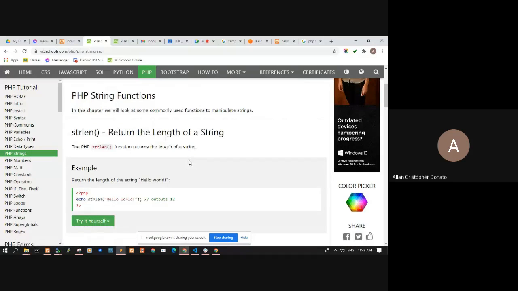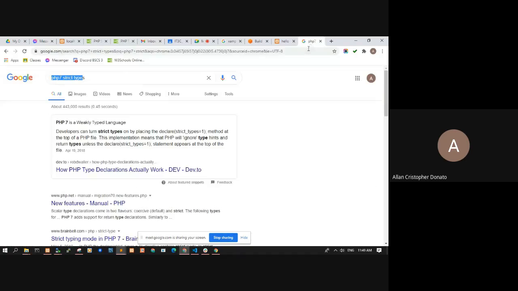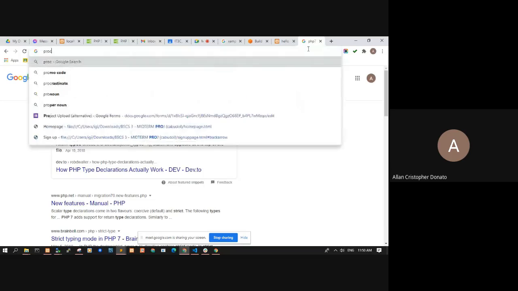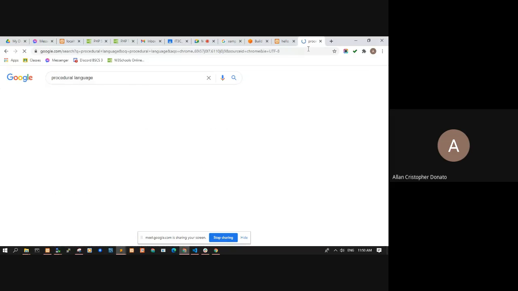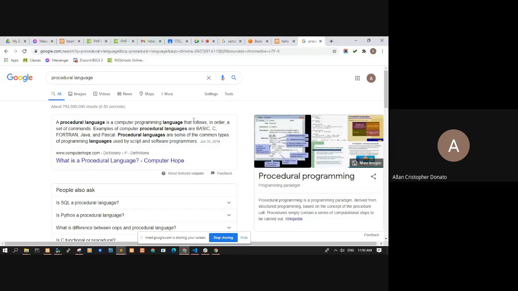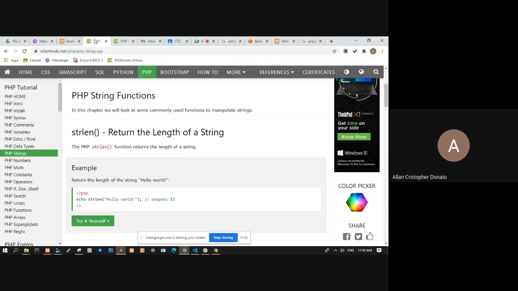Take note that PHP is originally a procedural language. So procedural language meaning it uses procedures. In order to do things, you need to call those procedures. Originally, PHP is that procedural language.